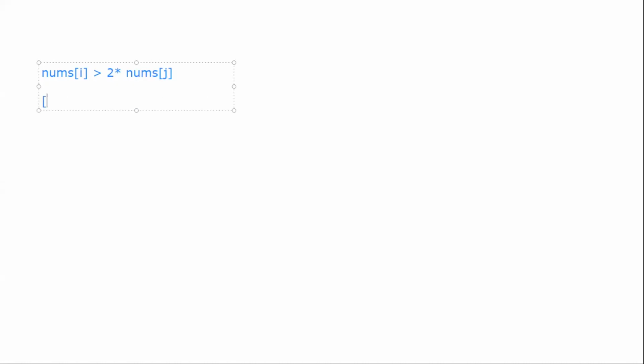I'm saying if I'm given, what was the array like? Okay, the array is 1 3 2 3 1. Basically, if I start from the beginning, or the end, either way. If I start from the beginning, then for 1, I'm trying to find a number such that 1 is greater than 2 times that number, right? This is what the question asks.